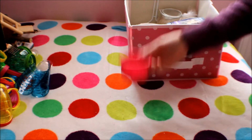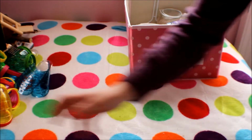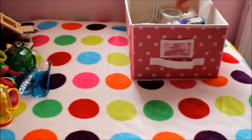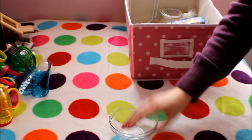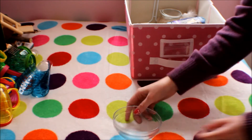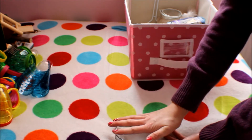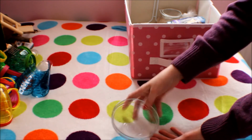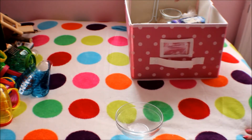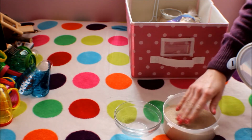I've just got a bowl here with some chains and things that I can use to attach some of the toys to the cage. I've got their sand bath. This is just a glass bowl from the kitchen section, I think in Morrison's. I'd always recommend glass bowls because then you can use it in their cage and don't have to worry about supervising them constantly. And to go with that, I've also got their sand, which is just kept in this little